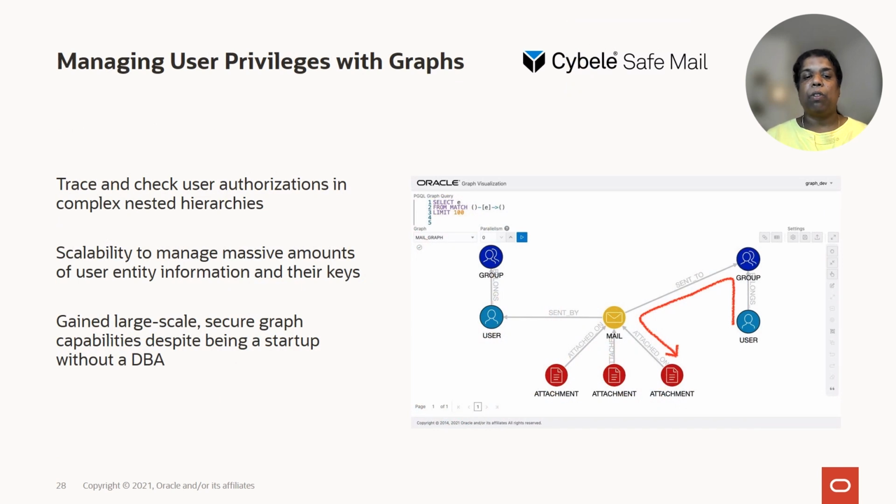Here's another customer from Japan who provides a service of managing user security information within the organization, as to which group a user belongs to from a security perspective and what assets they have access to. And this can become a complex hierarchy, and you need to keep track of who belongs where and what assets they have access to, and they manage this as a graph.